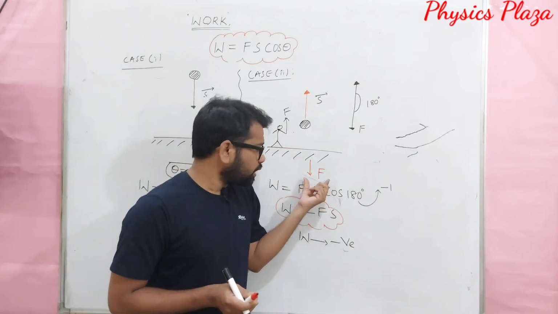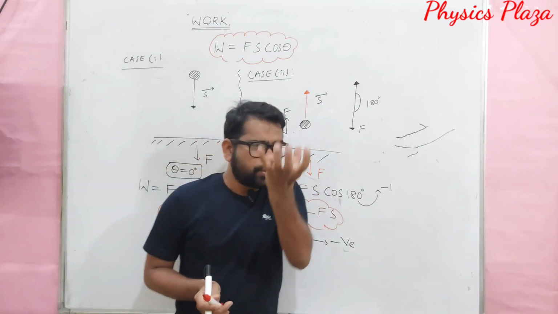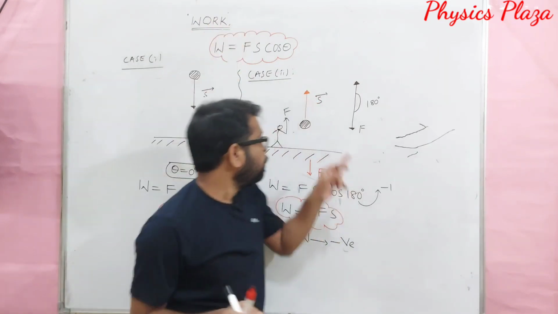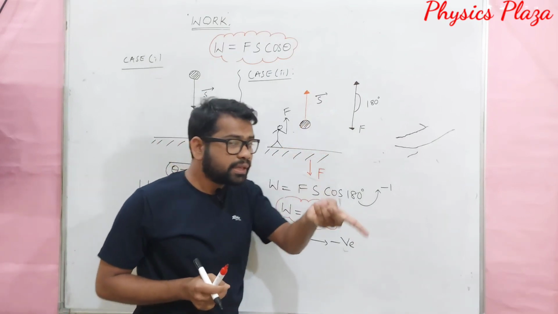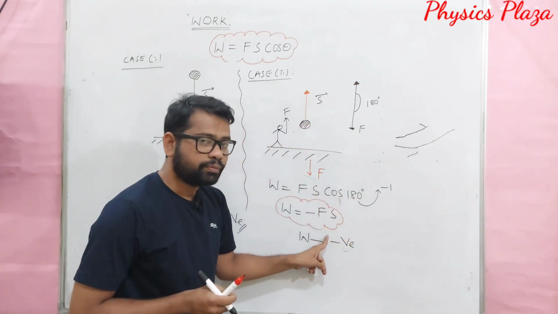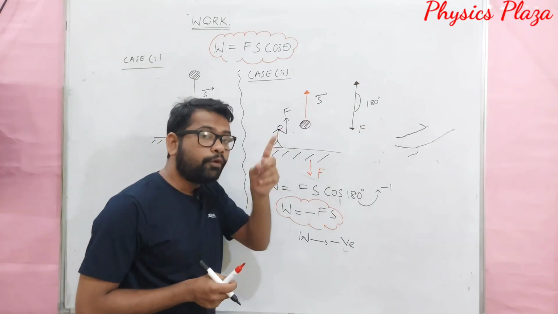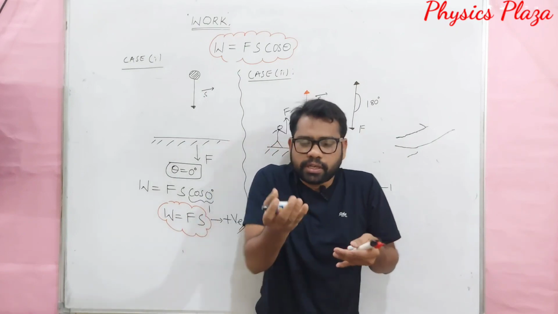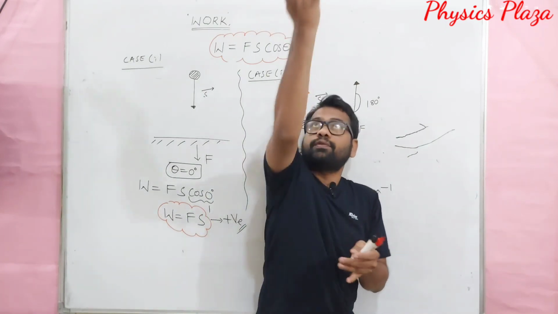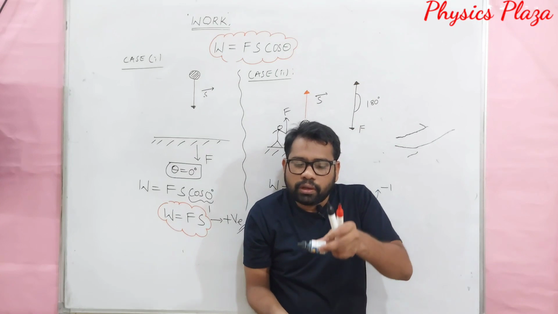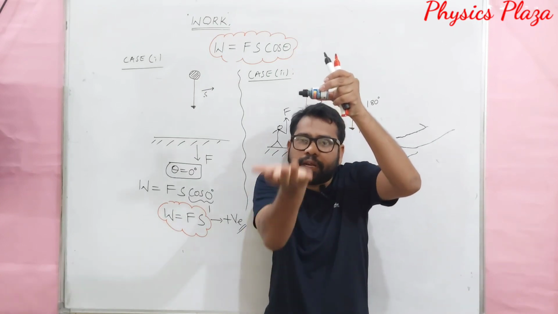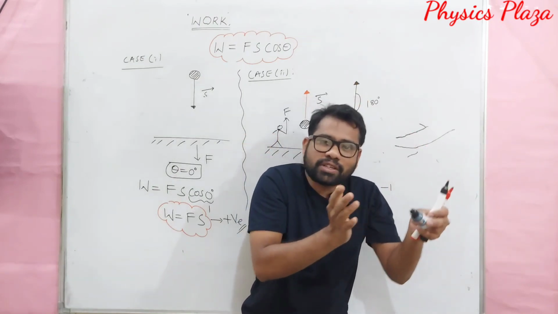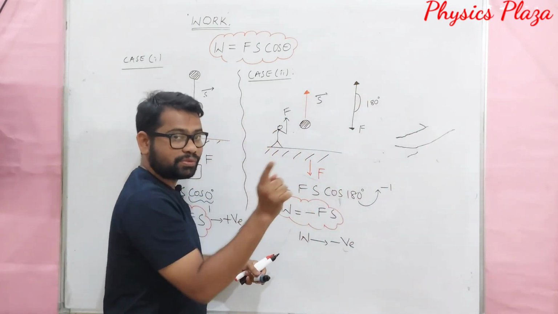In the same situation, I can talk about work done by gravity, or work done by the person. Children, if I talk about the work done by gravity, as the gravitational force is acting vertically downwards and the body is displaced vertically upwards, then both are opposite in direction. Then the work done by the gravitational force is negative. But when I consider the force applied by the person, let us say I am the person, I am applying force like this. The body is going upwards, and I am applying the force also vertically upwards. So in this case, force and displacement are both in the same direction. So work done is positive. Children, it's very important.